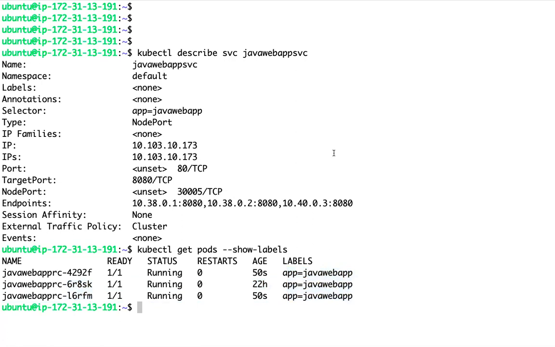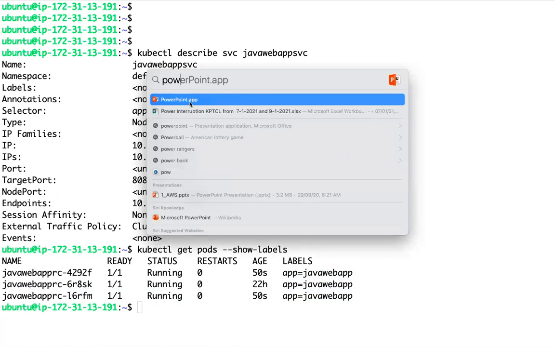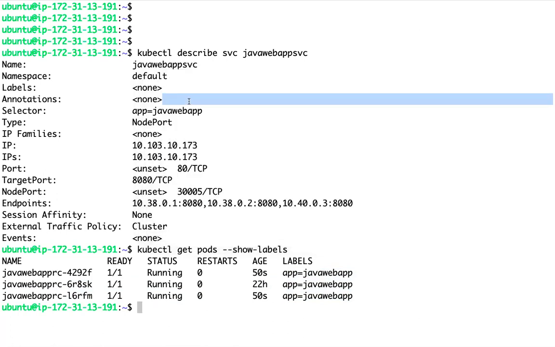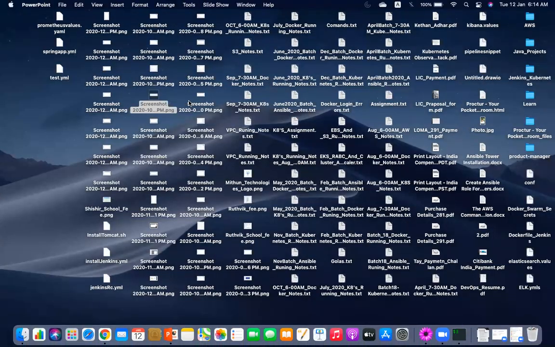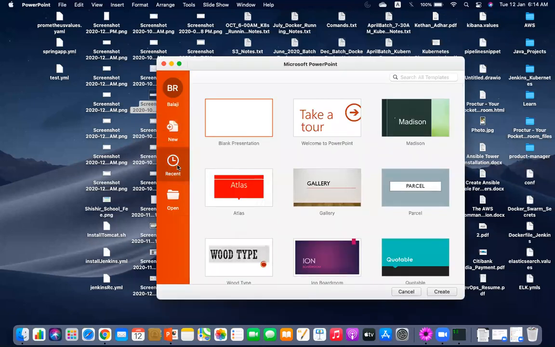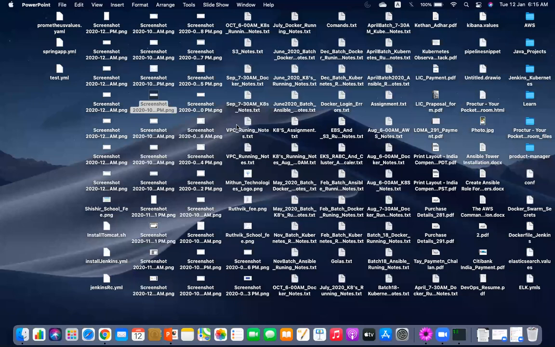So labels and selectors are very, very important, guys. In Kubernetes, one object will find another object by using labels and selectors. A service will find pods with the help of labels and selectors. When one object needs to find another object in Kubernetes, we use labels and selectors.